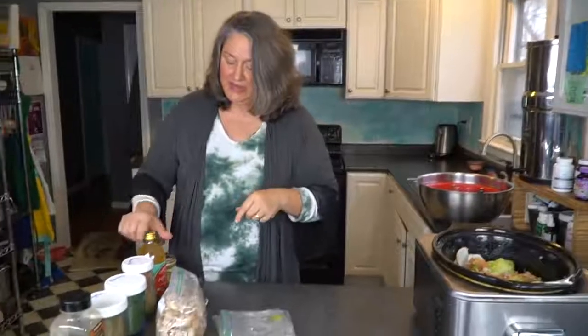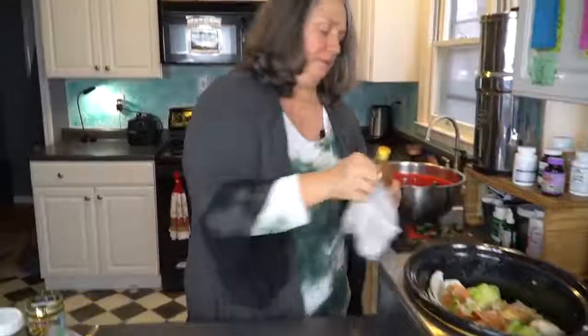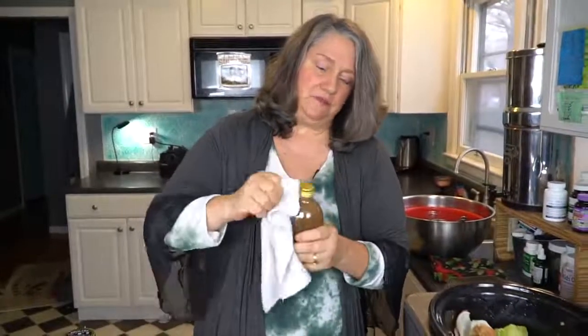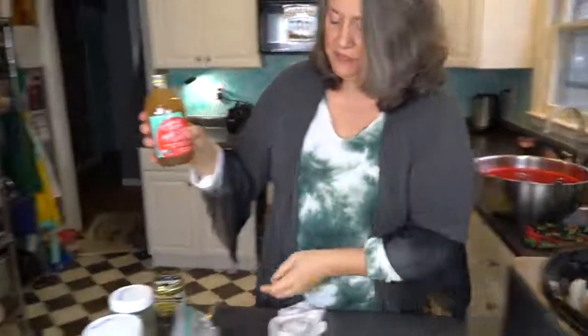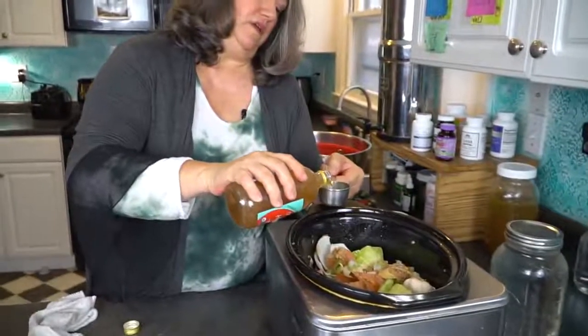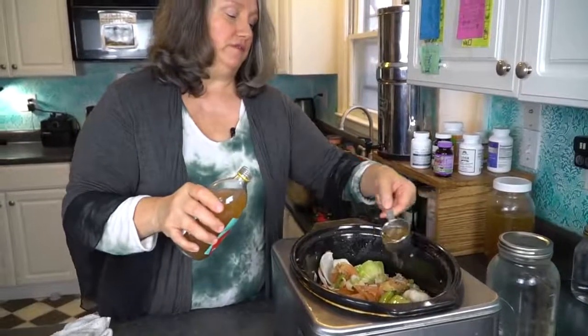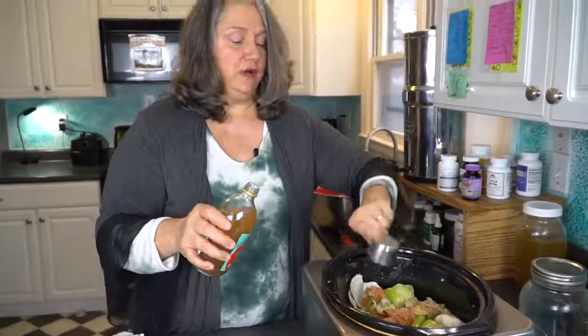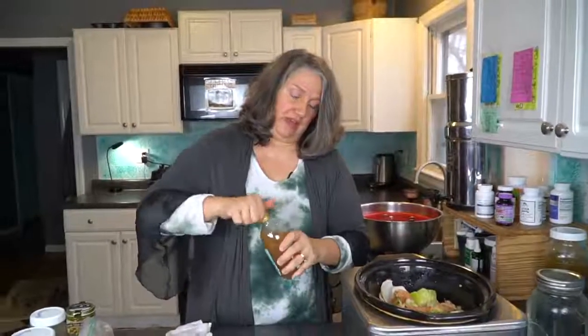So now I'm going to add, this is a secret ingredient. You hear a lot of people use vinegar in it, but I never hear people talk about it. This is just organic apple cider vinegar. You're going to put a 1/4 cup in. Why are we putting this in? It's not for flavor. This is actually going to help the bones leach more of the nutrients that we want out. So we put that in,